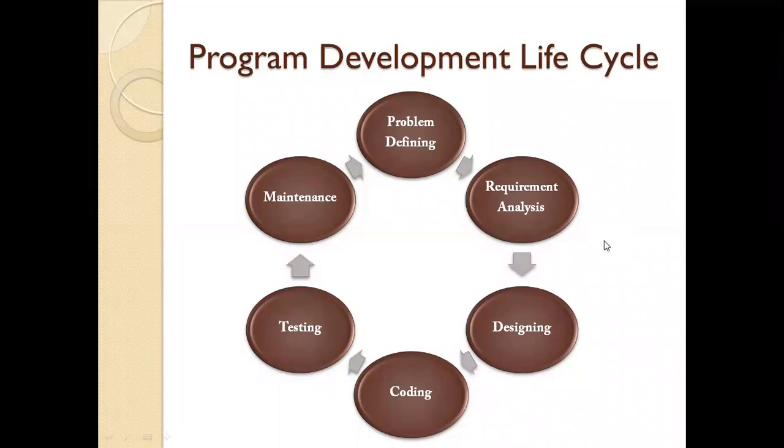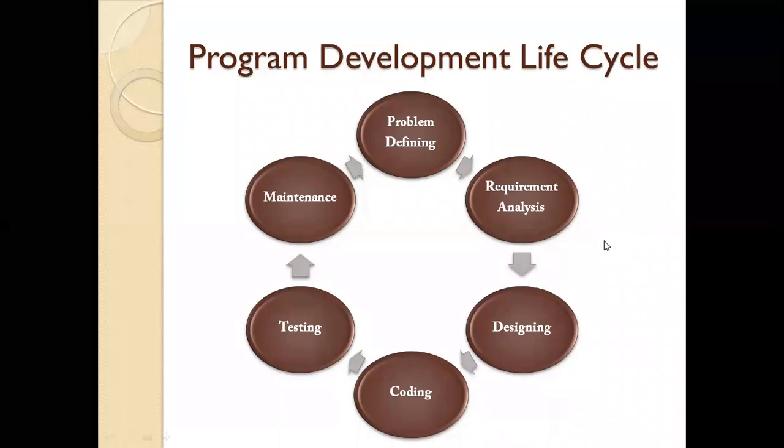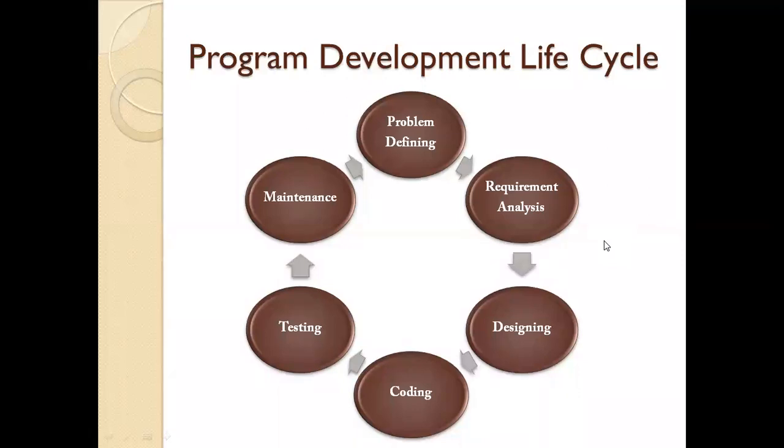Here for input, I require only one variable, that is I can take that variable a, b, c, or I can take that variable age. Here in the variable age, I'll be storing the value which user will enter. So this is my requirement, that I have to take the age from the user. And then I have to display the answer to the user.